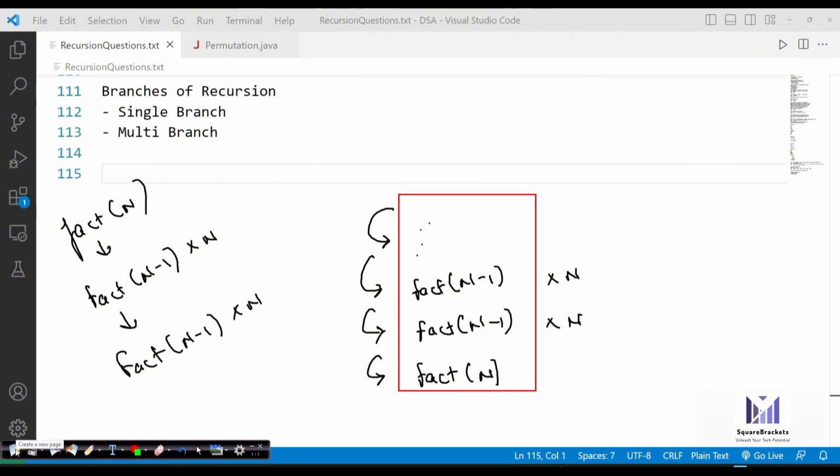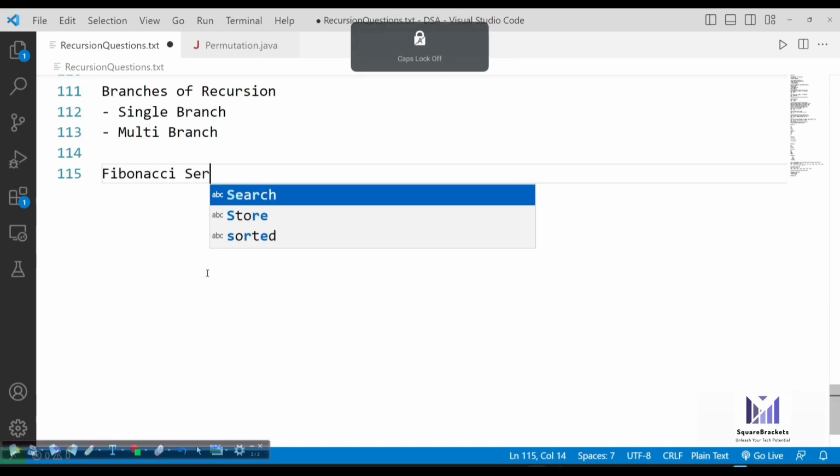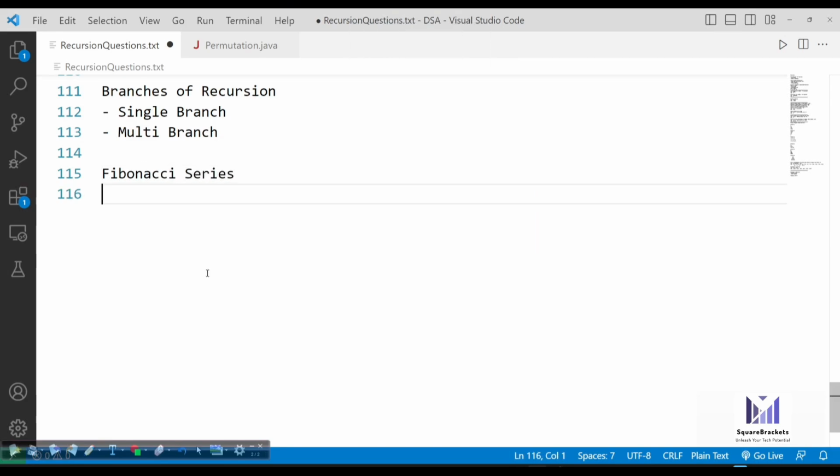But now we'll be talking about multi-branch recursion. Why do we need multi-branch recursion? Let's take one simple example: a question to implement the Fibonacci series. The Fibonacci series is 0, 1, 1, 2, 3, 5, 8, 13, 21 and so on.